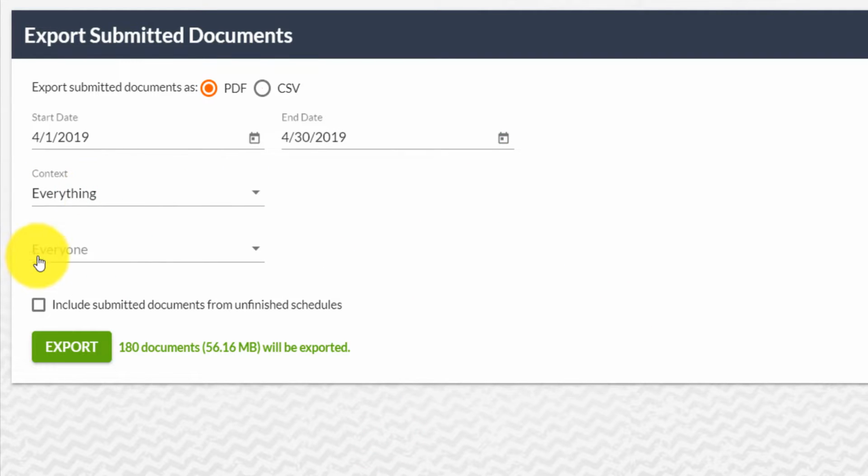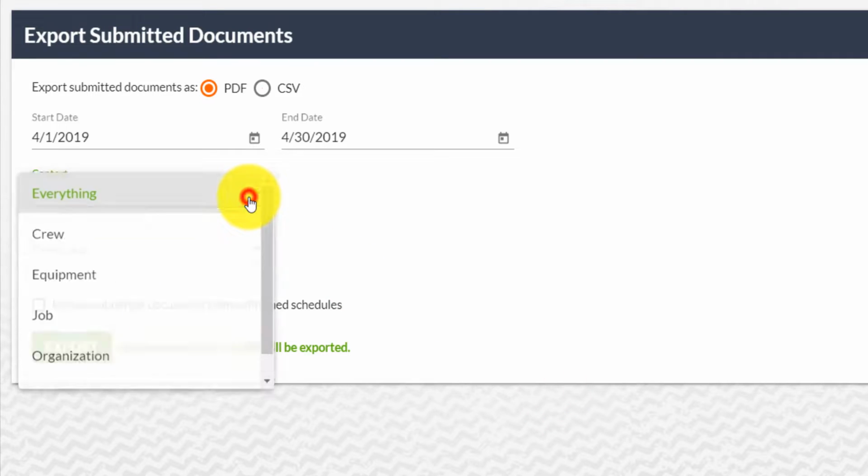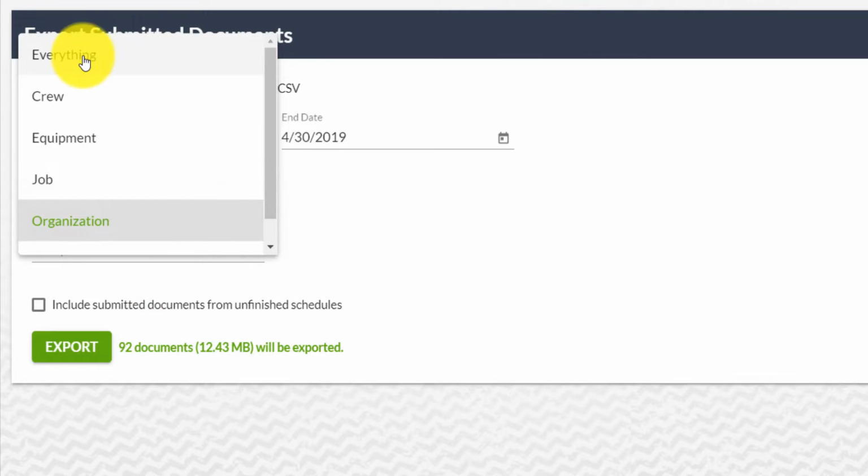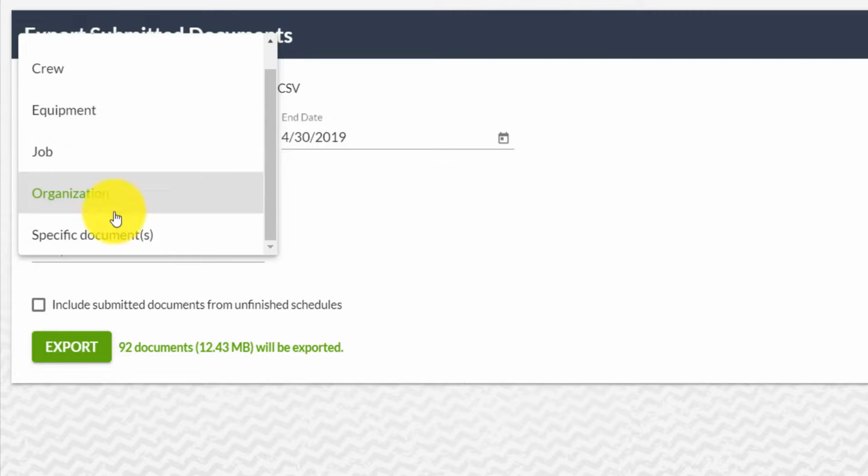Context is everything. The owner is everyone. There's 180 documents submitted in the month of April. Okay, well, let me see specifically organization documents. Okay, we're down to 92. Now, check this out. I can look at everything, crew, equipment, job, organization, or I can even say, give me